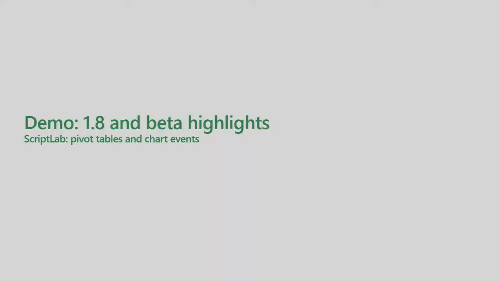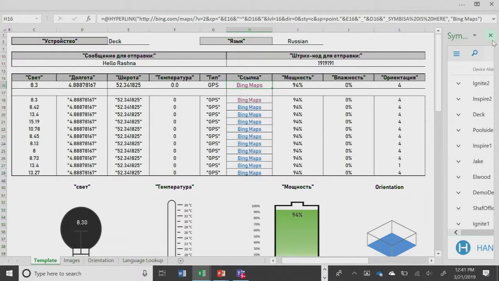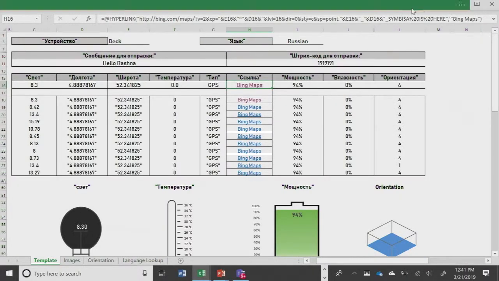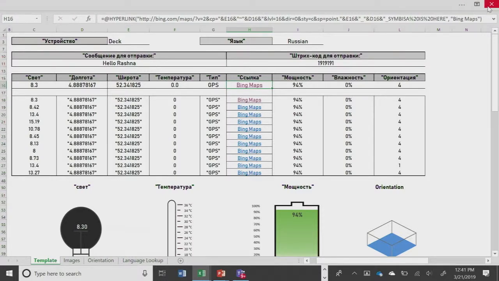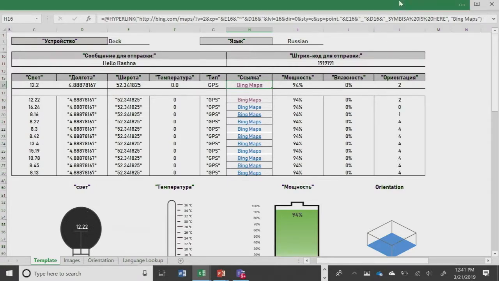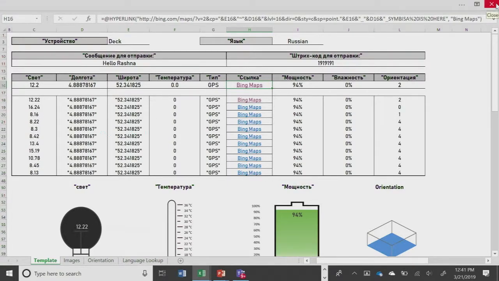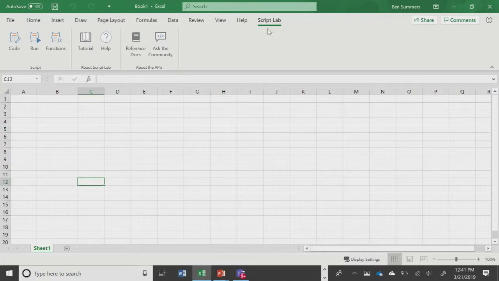So let's go back to demoing a little, just to make sure that you understand exactly how rich the Excel API tool set is now. Let's close this. You can keep that device. I see you passing it around back there. But I do want to make sure that we shut this down so that I don't have multiple add-ins running at the same time. If you want to come back and play with that later.